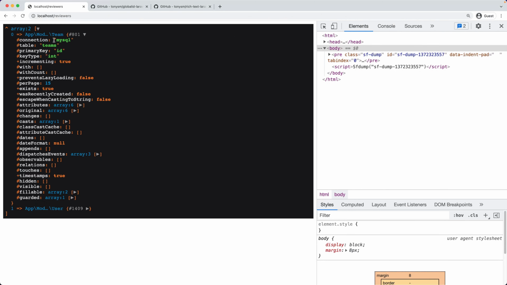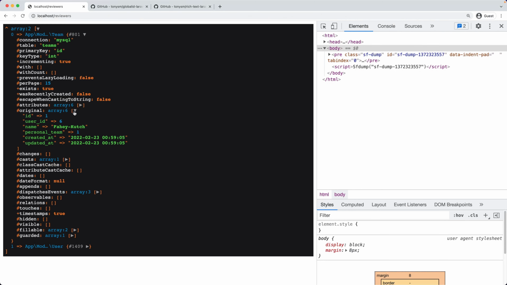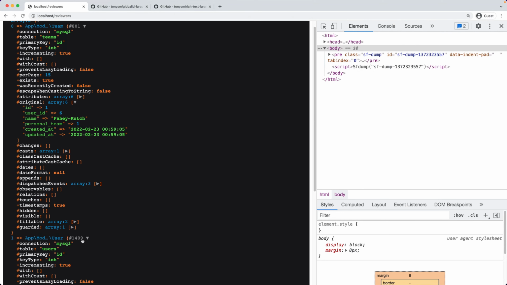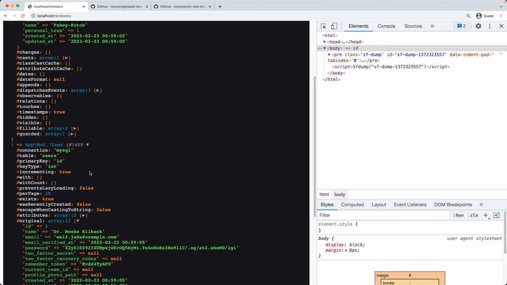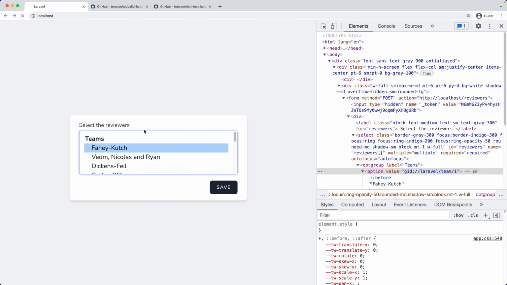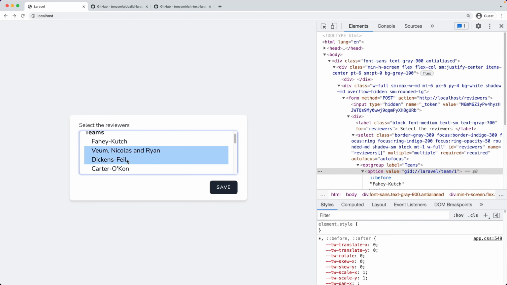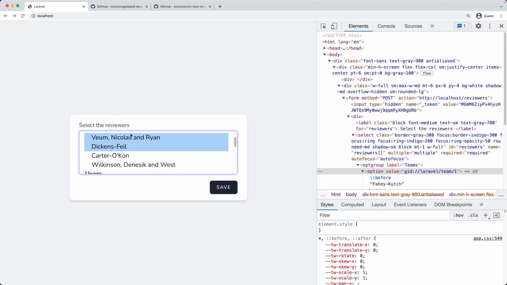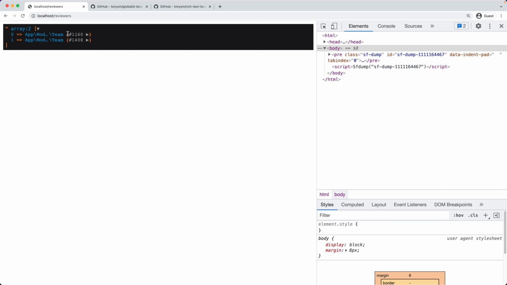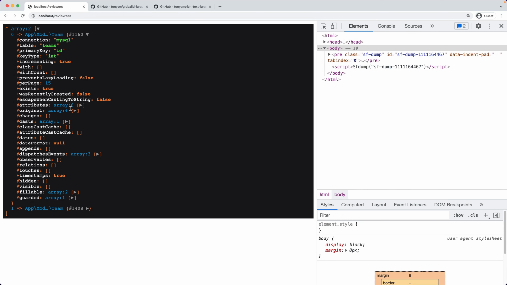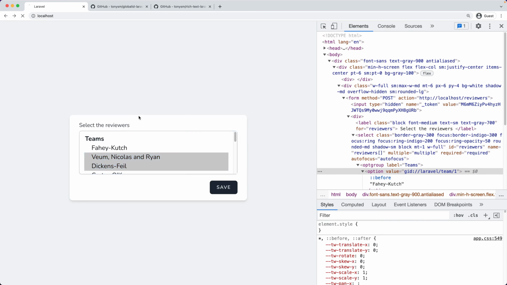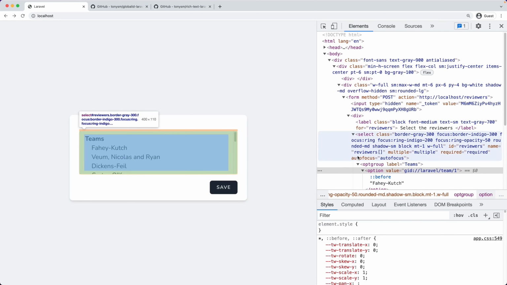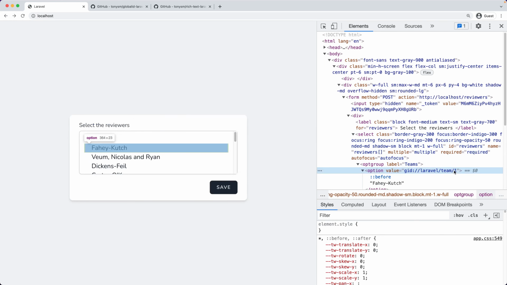So over here we have the team ID, the team 1, and the user also 1, I believe, but let's double check. Yeah, ID 1. Okay. Now if we select another team, like let's say we select 2 teams this time, and then we get 2 teams on the backend. So that's cool. But we still have a problem over here